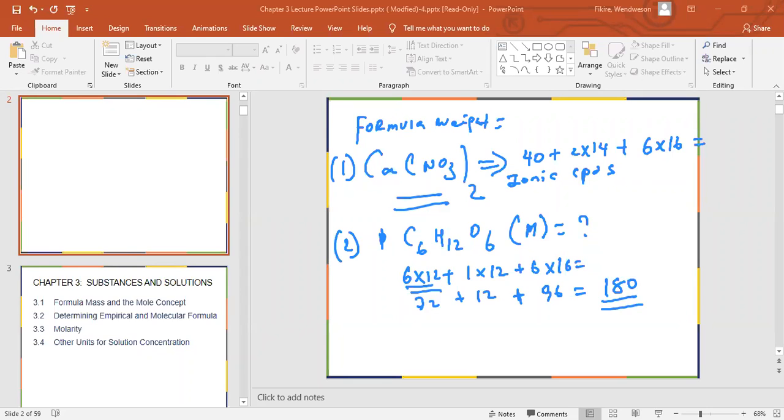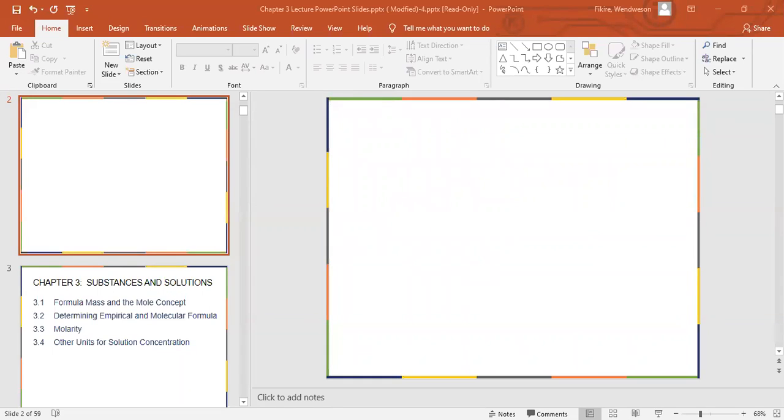The other thing that you should expect, if there's any question, please let me know, is calculating empirical formula and molecular formula. We did a lot of calculations using molecular formula and empirical formula. Many examples were done in chapter 3, so I want you to take that into account. Let's say that I have C6H12O6. This is called a molecular formula. Now, how do I know that?